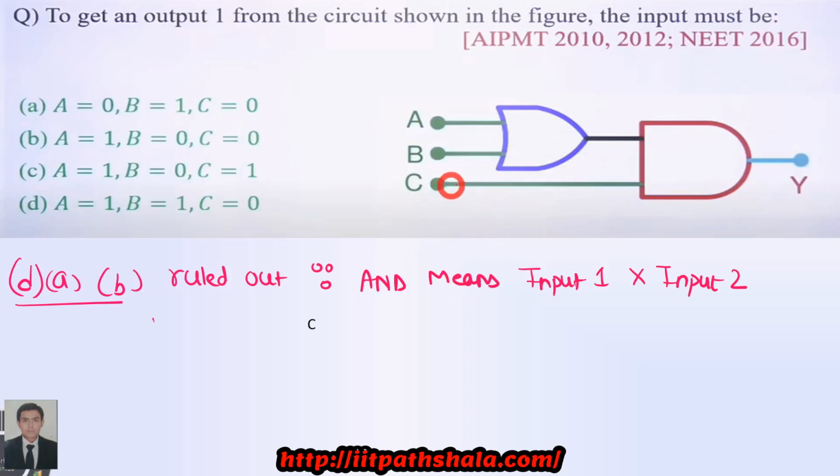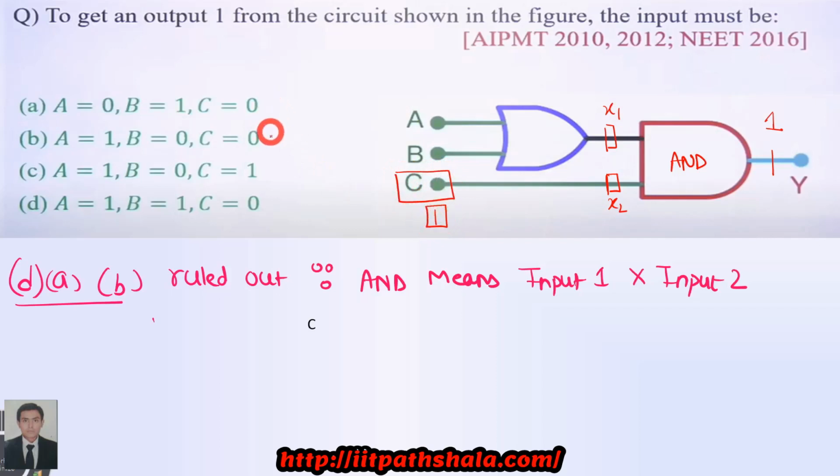What I can do over here is, look, you have to have a 1 over here. So this is an AND gate. AND gate is nothing but the multiplication of the two inputs, which are x1 and x2, and x2 is nothing but C. Okay, so C must have a 1.